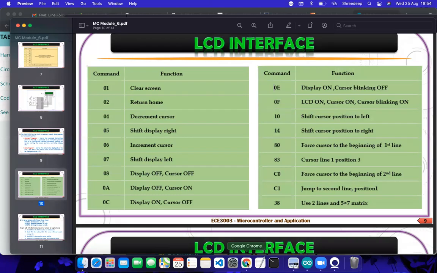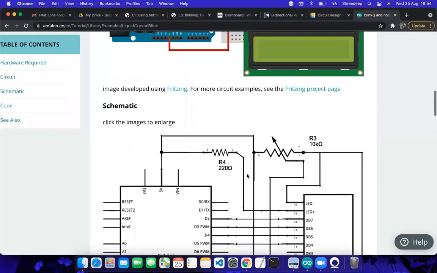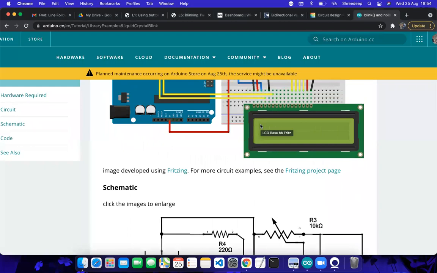One trick: tell me one thing, if this is an LCD, what is the position of this particular character? This is 0, 0, right? 0 column, 0 row. Okay. What is this? This is the 7th column.